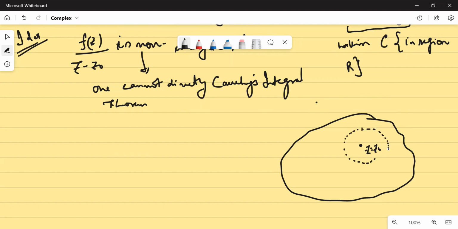I have made it in a very exaggerated sense. Okay. And this z equal to z naught is enclosed within a circle of radius, let's say epsilon, where epsilon would tend to 0, as small as possible, not exactly 0, but as small as possible. Yes or no? Bharat, did you understand this far?